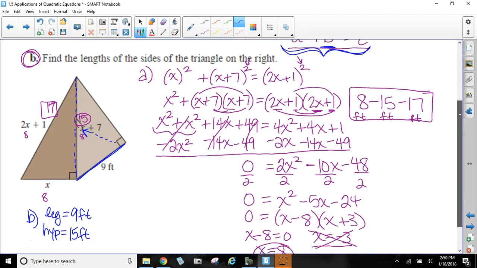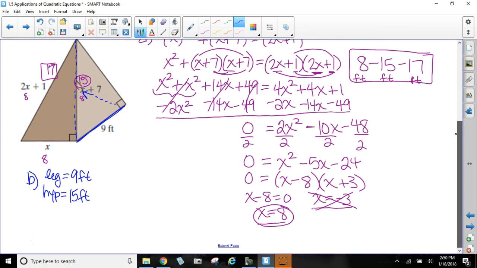Okay? I'm going to scroll just a little bit here. And so for part B, remember your Pythagorean theorem is a squared plus b squared equals c squared. And so I'm going to use 9 for either a or b. It doesn't matter which one you use, so I'll just use it for a. So now I have 9 squared plus my unknown leg length squared is equal to the hypotenuse squared. Now, when I square the 9, that is 81. So 81 plus b squared equals 15 squared. Crunch that in on your calculator, it's